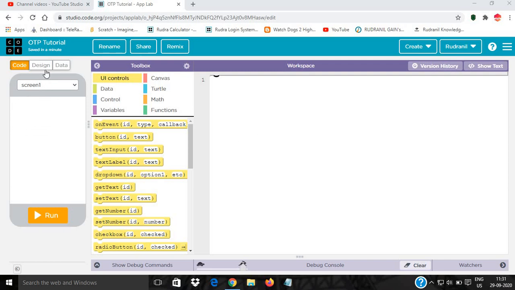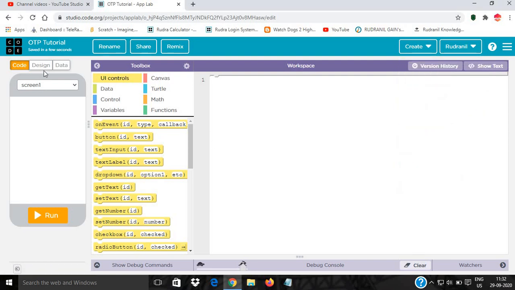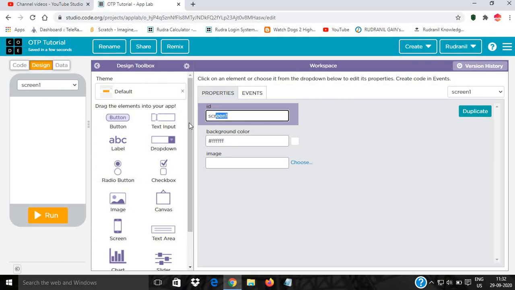First go to your web browser and type studio.code.org, sign in, and if you don't have an account, create an account. Then click on create and then App Lab. Now go to design, in Screen 1 rename it and name it OTP screen.